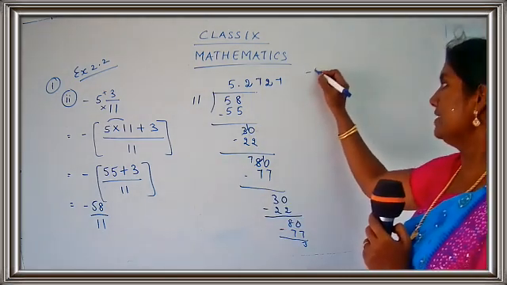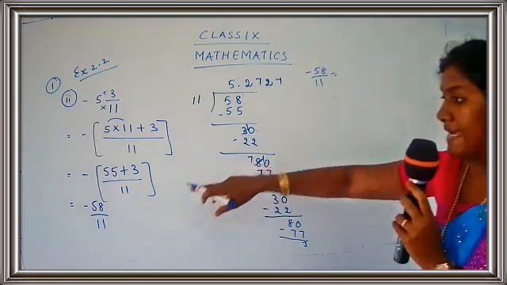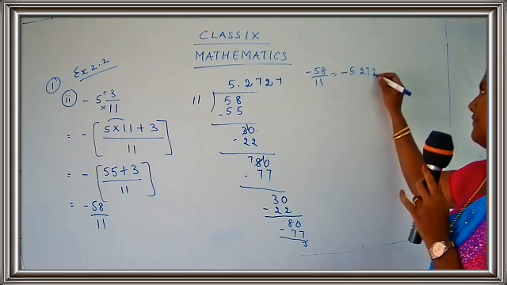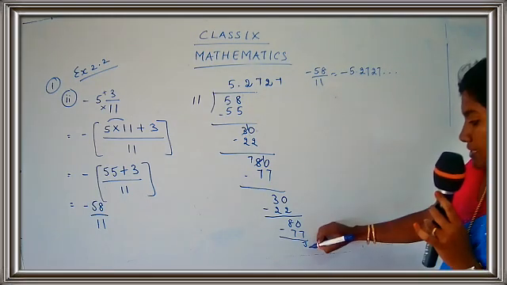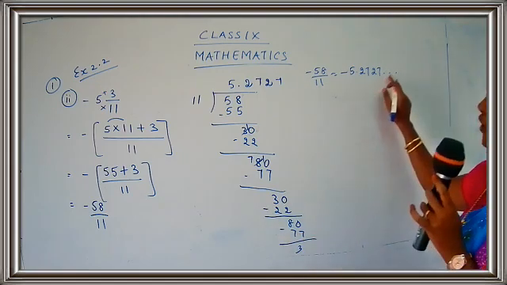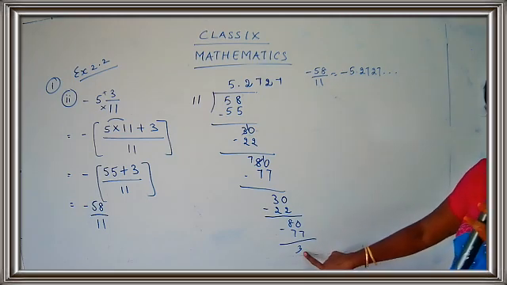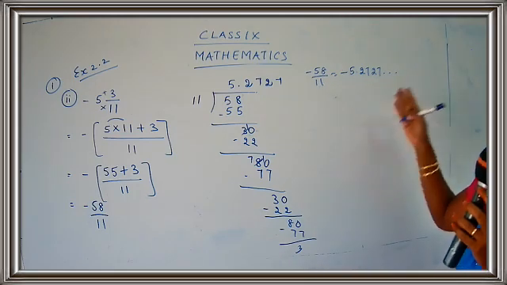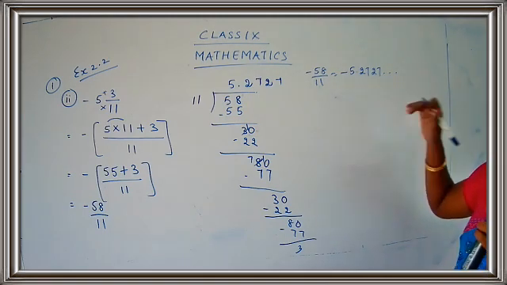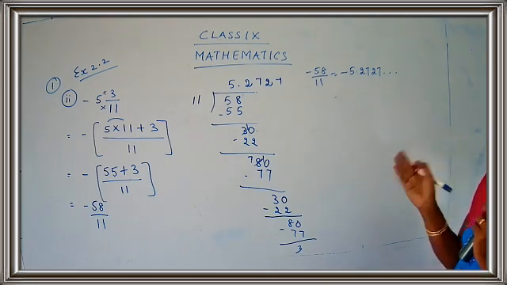Yes, so write down minus 58 upon 11 is equal to. I'm just going to take the division's minus sign also. This is equal to minus 5.2727 dot, because it's not completed. Yes, it's going on, so just put a dot. Dot means I did not get the remainder as 0, so you will go on getting the value. Just 3 dots are enough. Do not write as many dots as you wish. Just write 3 dots. That's enough.